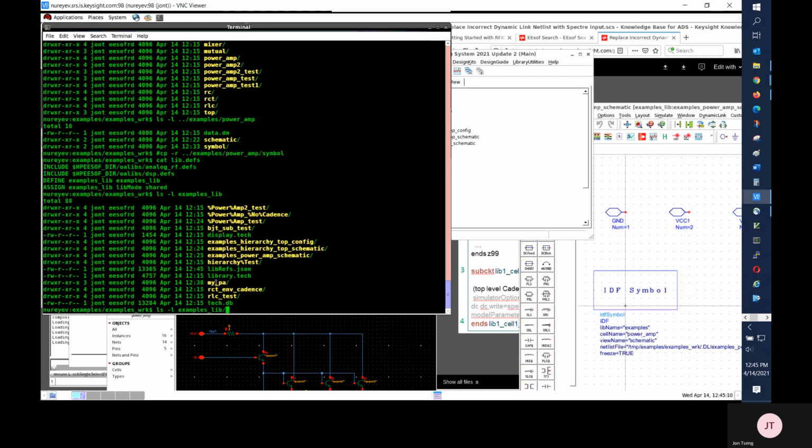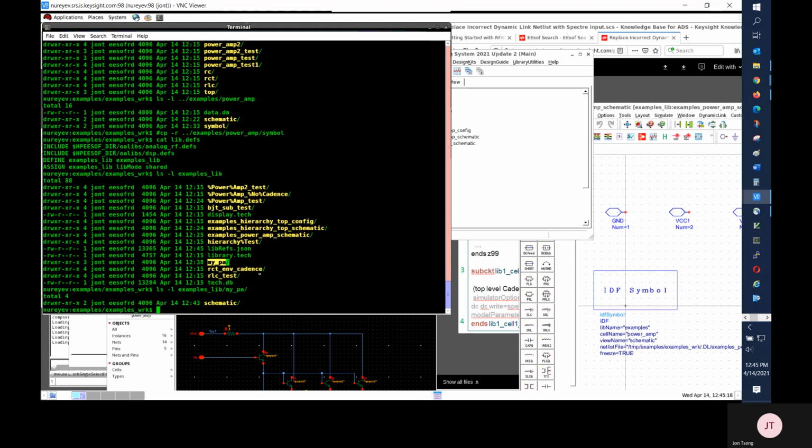Under the directory, my PA is the new cell I've just created. It has a schematic view for now. I'm copying the Cadence symbol directory to the new ADS cell examples_lib my_PA.